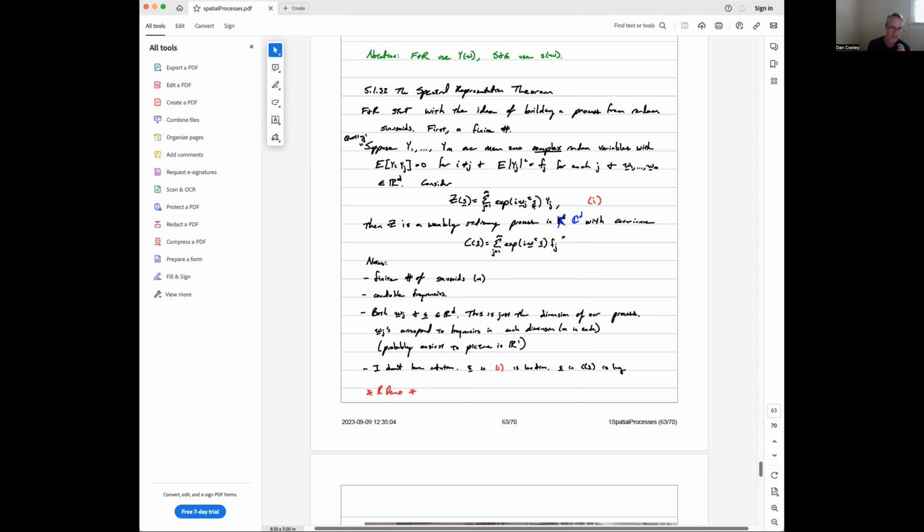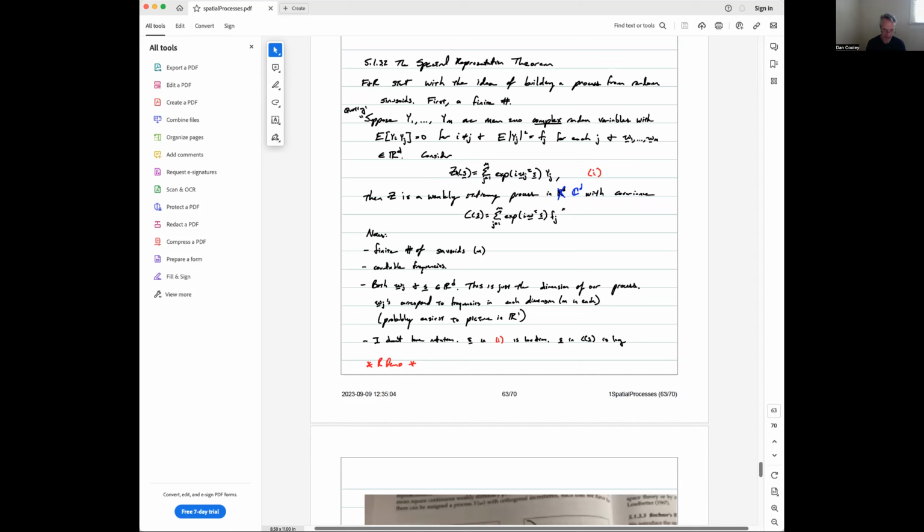I don't love the notation here. The S here, I think of it as a location in space. The S here is a lag. Our covariance function is really talking about the covariance between our process Z at two different locations, and it simplifies down to a single argument in the stationary case, and that argument is a lag. So you'll see that I'll introduce some H's later, but we're going to have to be careful about thinking about this vector S, whether it's a location or whether it's a lag. Okay, so let me jump to R